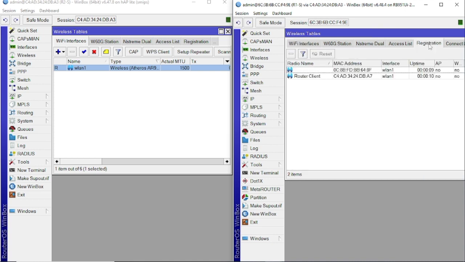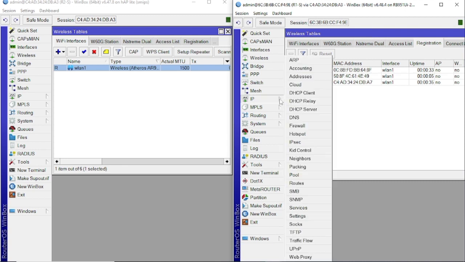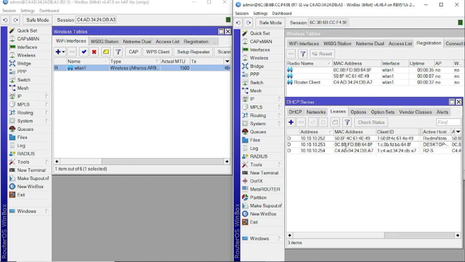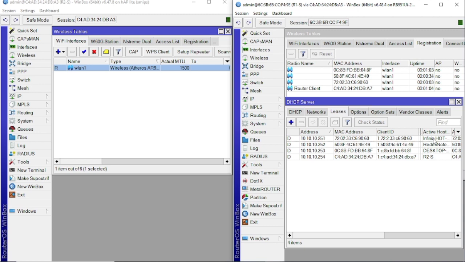Connect the handphone B client to router 1's access point and you can see in the registration table and the DHCP server lists table that router 1 has entered the MAC address of the handphone B client.